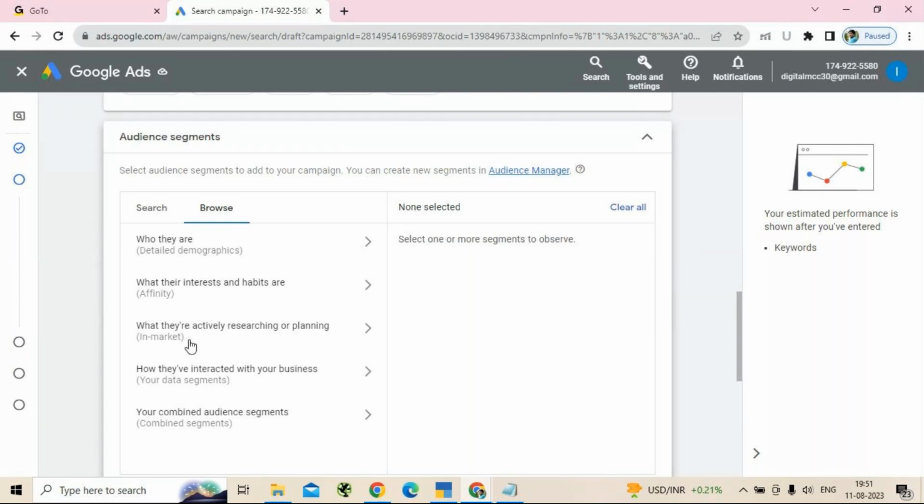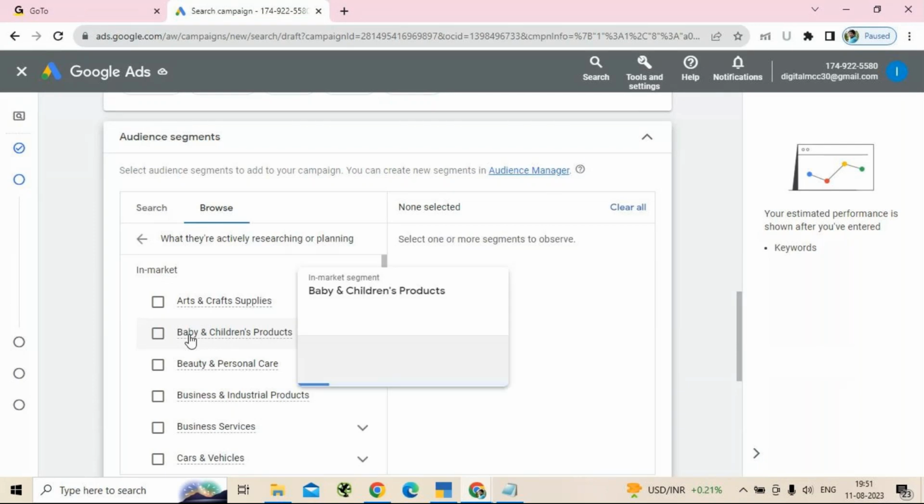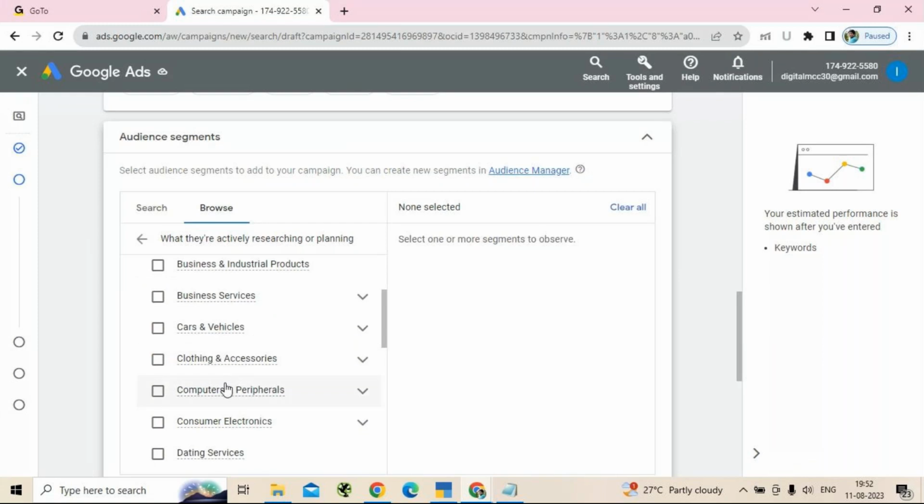You should choose based on what kind of categorized products they are searching for. If it is relevant to your products or services, you can choose it from this list. Whichever you choose, the selected categories get listed on the right hand side.